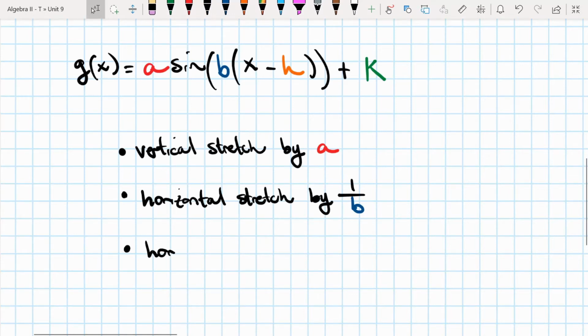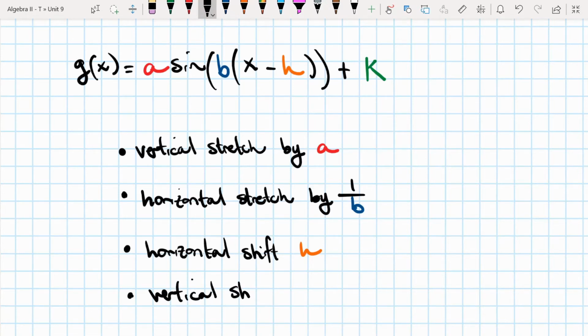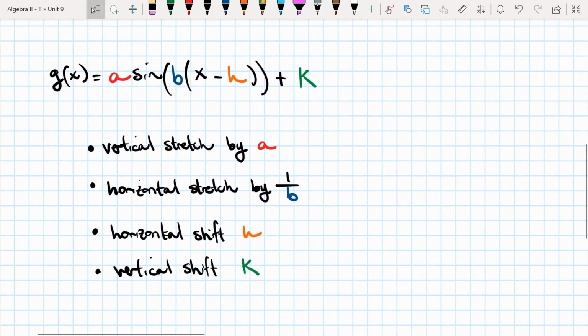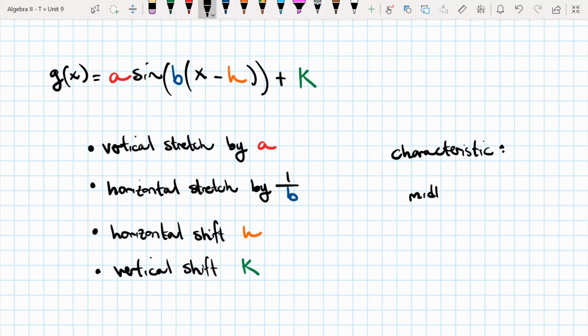h is a horizontal shift, and then the k gives us the vertical shift. Okay, and then lastly, these letters also give us some of the key characteristics. There's 3 key characteristics of the graph of a trig function. The first key characteristic is the midline. That is defined as the k value. It's a horizontal line, so we're going to write y equals